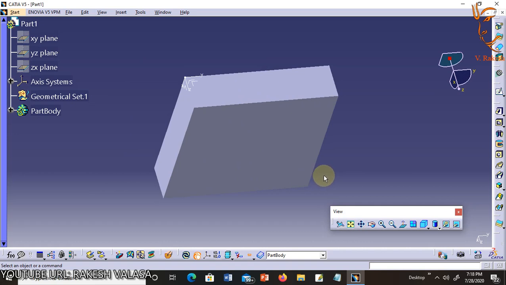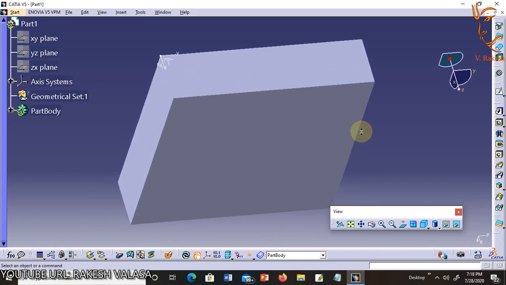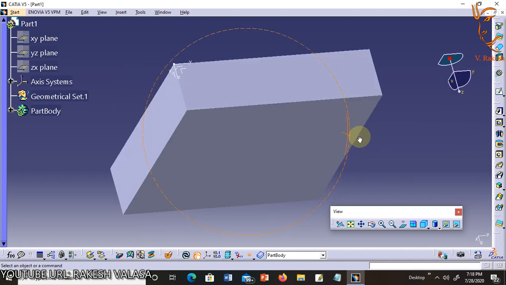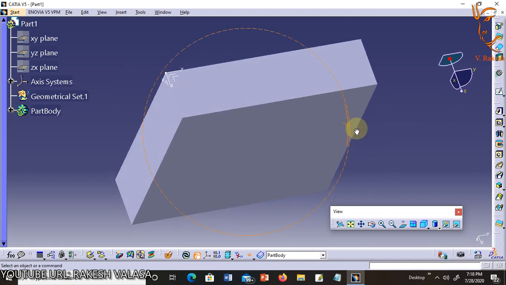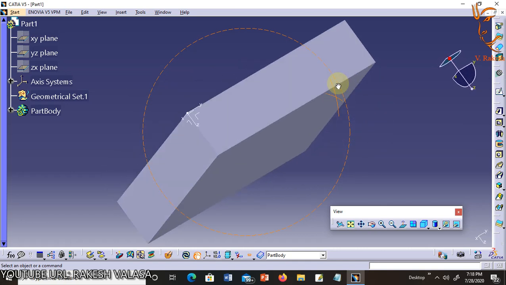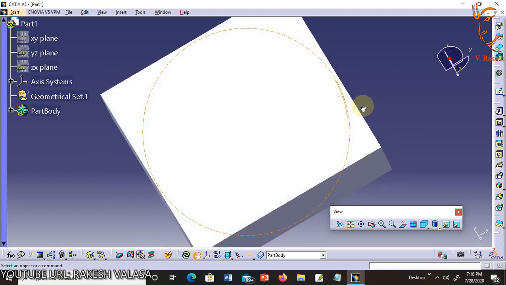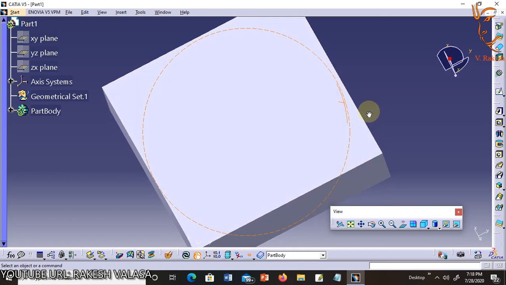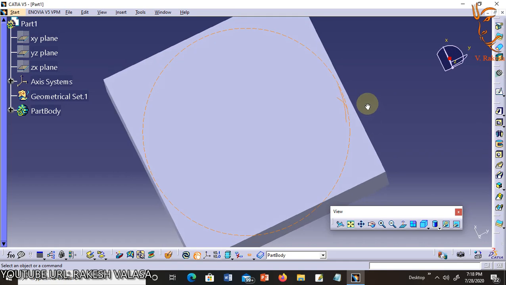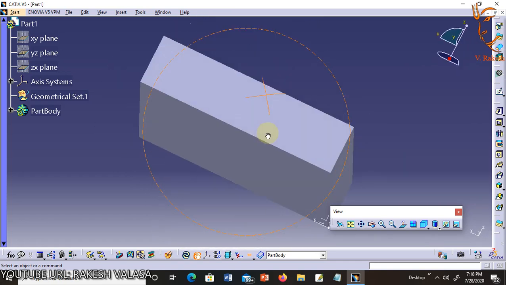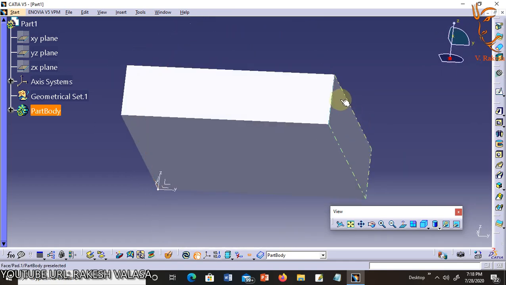Another method is to press the Ctrl key while pressing the middle mouse button and dragging the mouse around the screen.